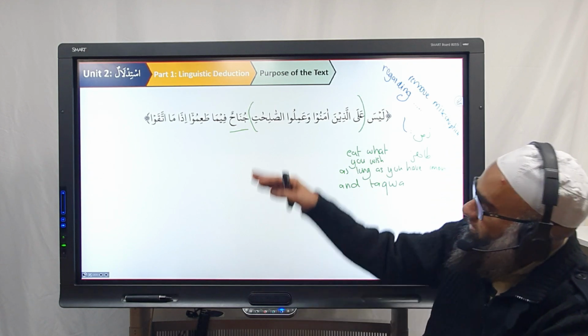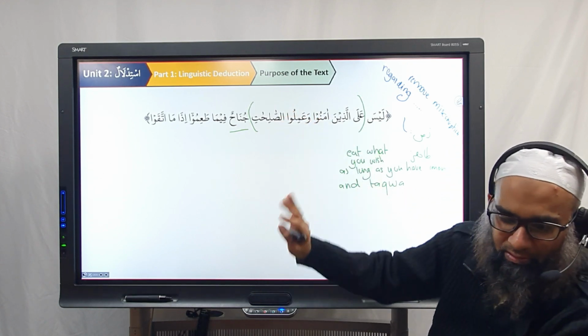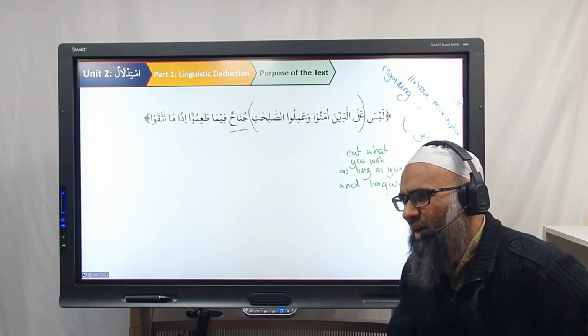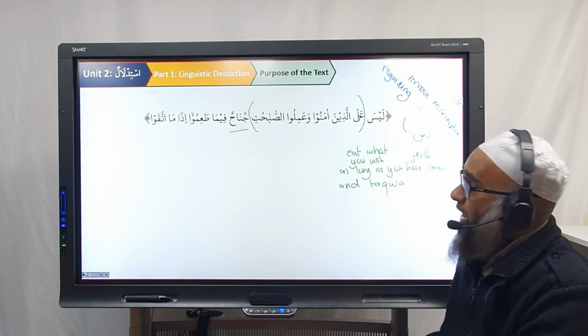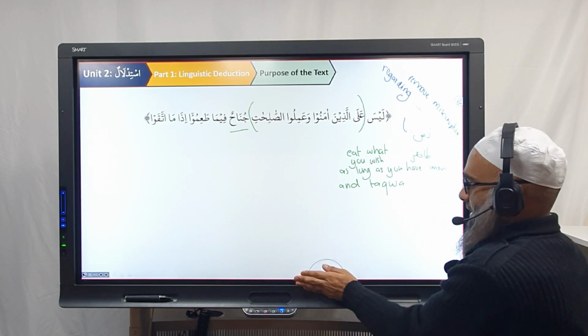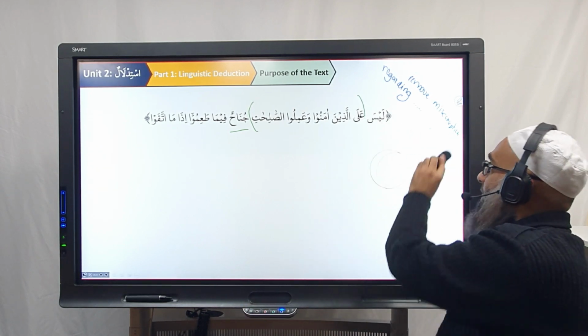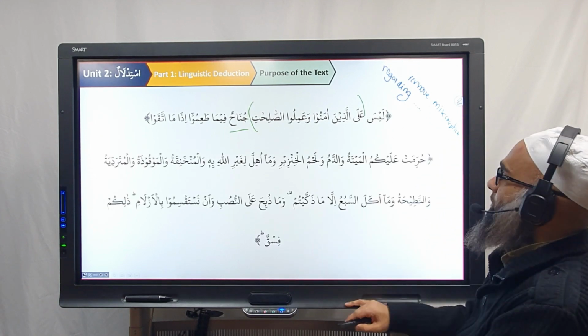Do you understand? So this verse has a nas and a ظاهر. Every text will not have it so obvious, but here it's very obvious. The ظاهر is telling us one thing and the nas is telling us another. Now, if you were to take the ظاهر of this verse, you can eat anything you want, no halal, no haram. However, we have another verse.